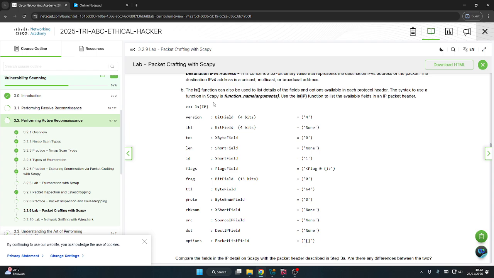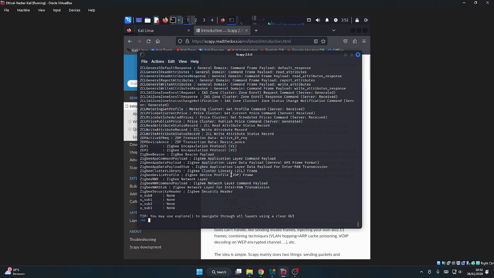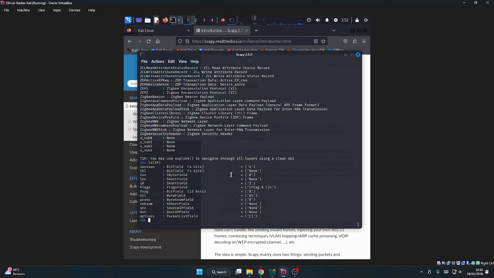The syntax to use a function in Scapy is the function name and arguments. Use ls IP. Here we can see the information about the version, IHL, TOS, LEN, ID, flags, frag, TTL, proto, checksum, source, destination,